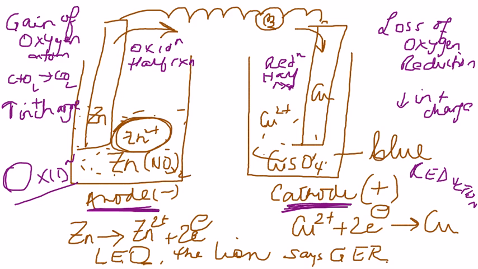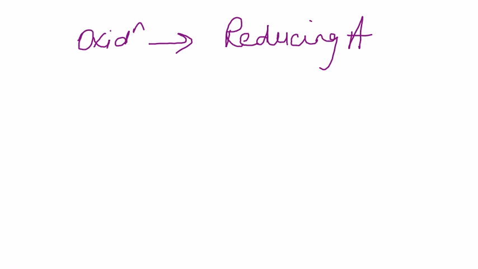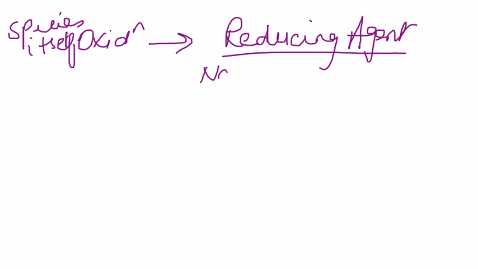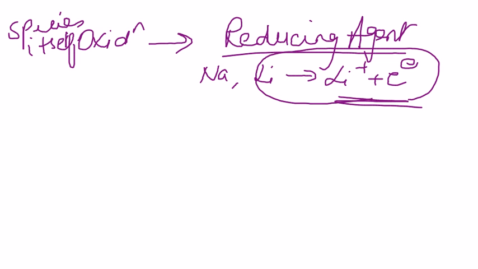Now, the species that goes through oxidation, so itself loses electrons, that species is also termed a reducing agent. You would find most reducing agents on the left side of the periodic table. So the species that itself undergoes oxidation is called a reducing agent. Good examples will be sodium, lithium. Notice they can easily give you Li plus and an electron. It's loss of electrons, so we are saying that itself undergoes oxidation but is going to reduce species around them